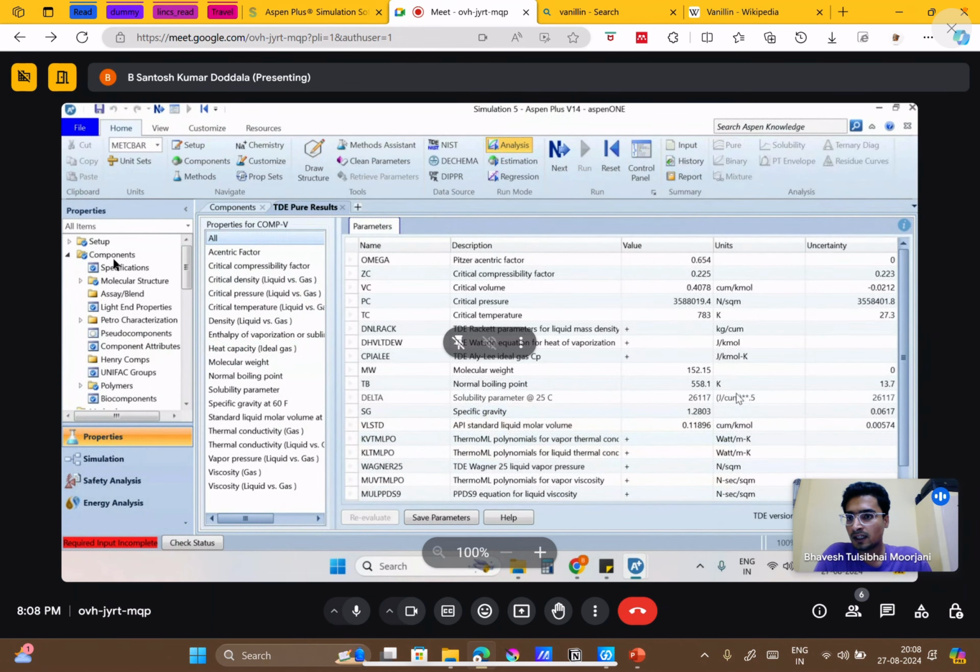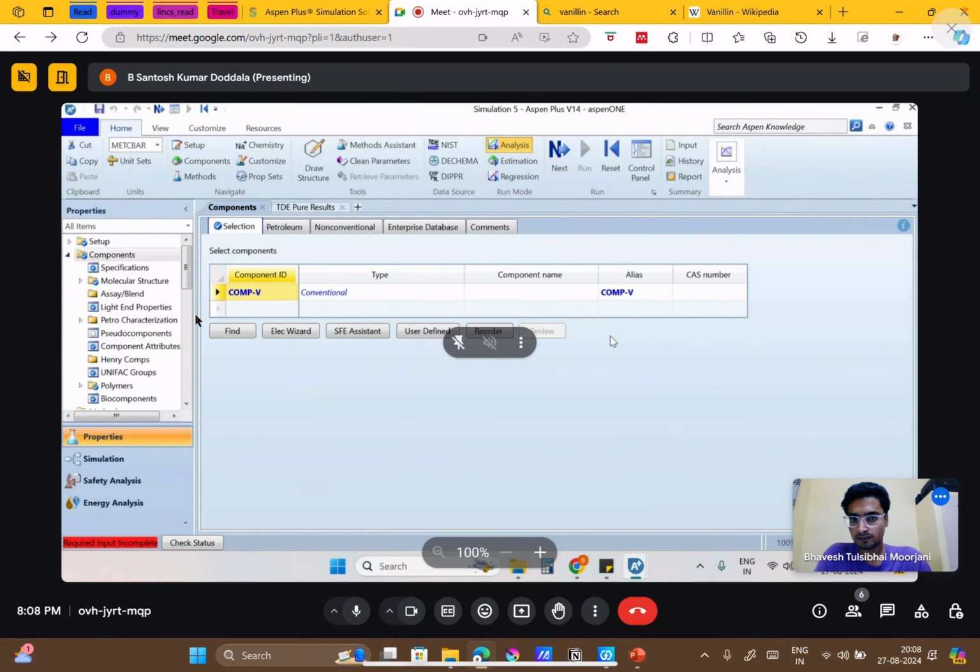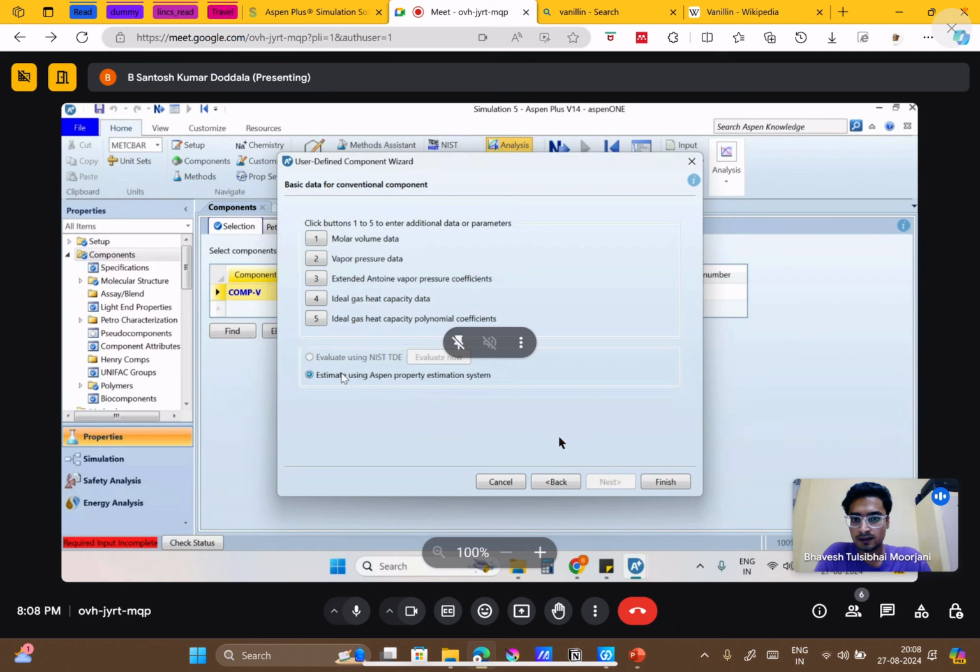So go to the components again. Here, now again click on user define. Go next. Next. Now we can use estimate using Aspen property simulation. Why is it not clicking?